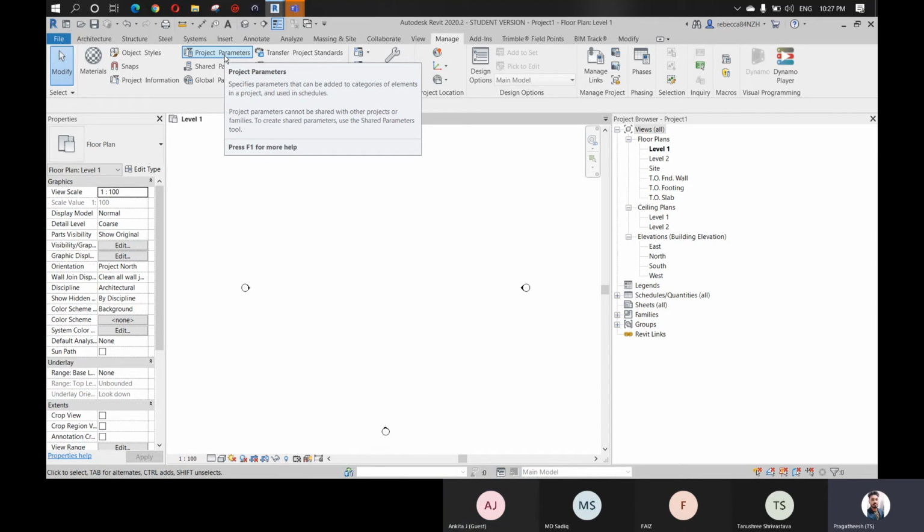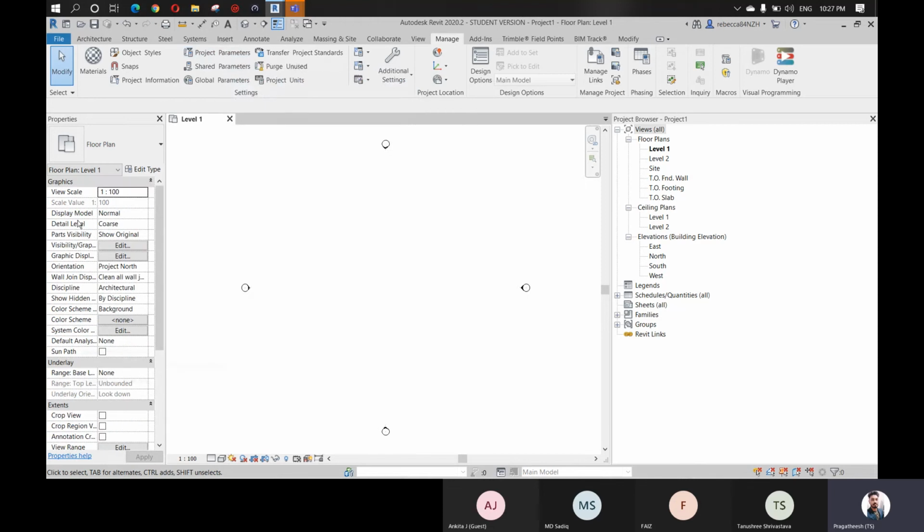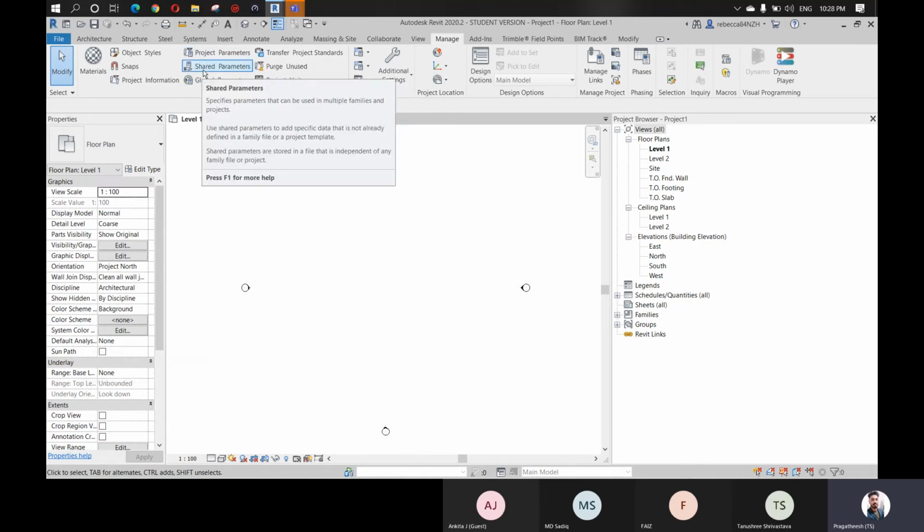Okay, so no one? Let me explain. Project parameters are parameters that are used in the project only. The parameters you're seeing here are all project parameters. And a shared parameter is a parameter that can be created and used in multiple families and projects, as you can see here.